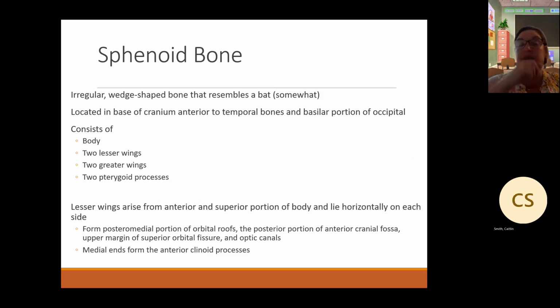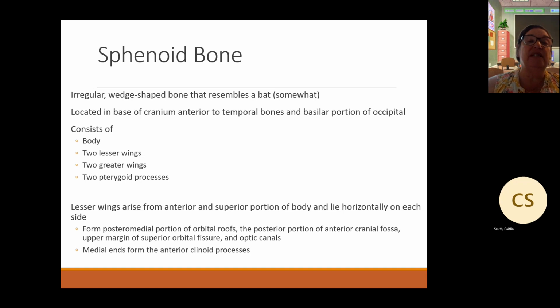So now let's talk about the sphenoid bone. So the sphenoid bone is also referred to as a bat, and it's an irregular shaped bone, and it's located at the base of the cranium, anterior to the temporal bone, and the basilar portion of the occipital bone. So it consists of a body, and the body contains the sphenoid sinus, two lesser wings, two greater wings,